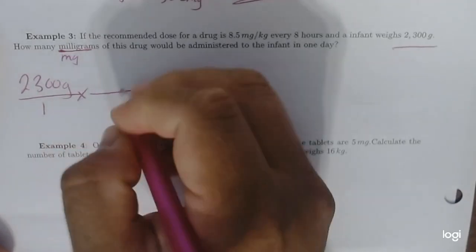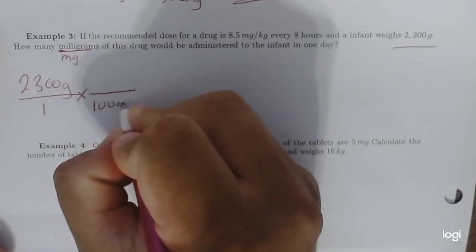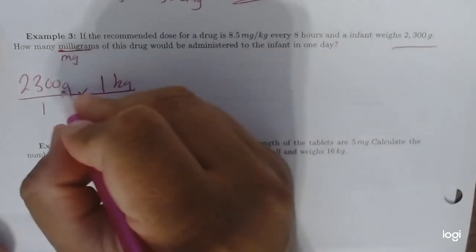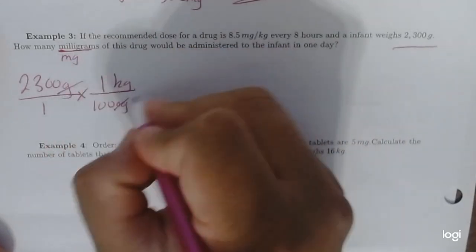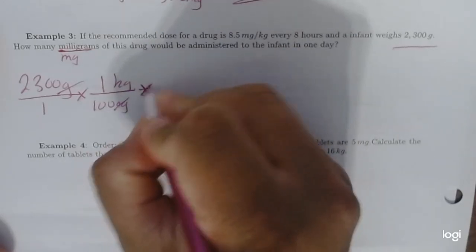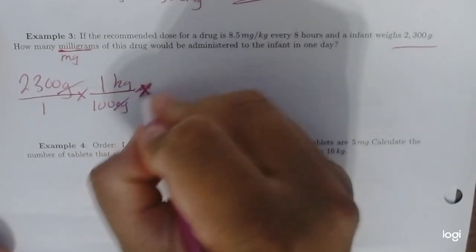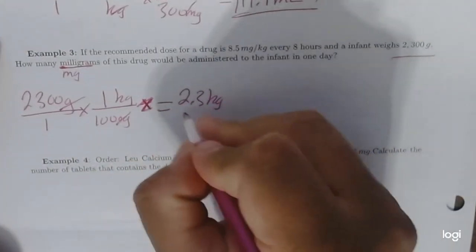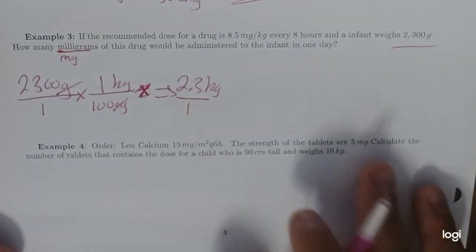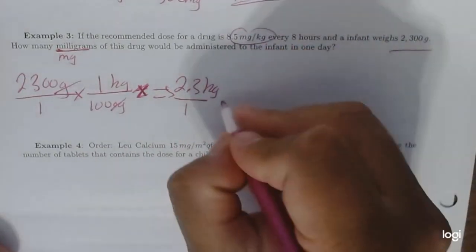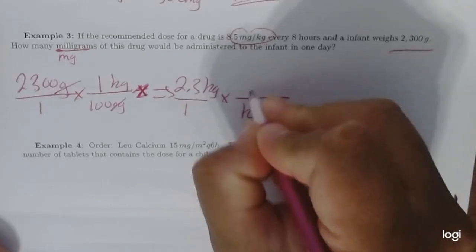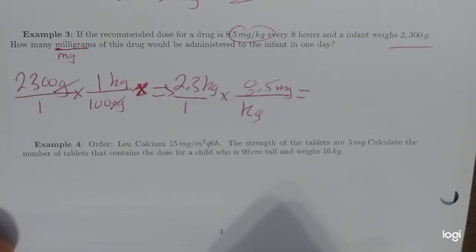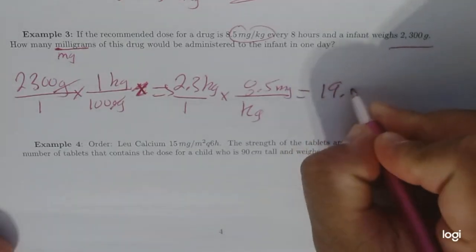Everything's in kilograms for the dosage, so we want to first convert this to kilograms. And now from here, we multiply using the order. For every 1 kilogram, there's 8.5 milligrams. So multiplying this out, you should get about 19.55